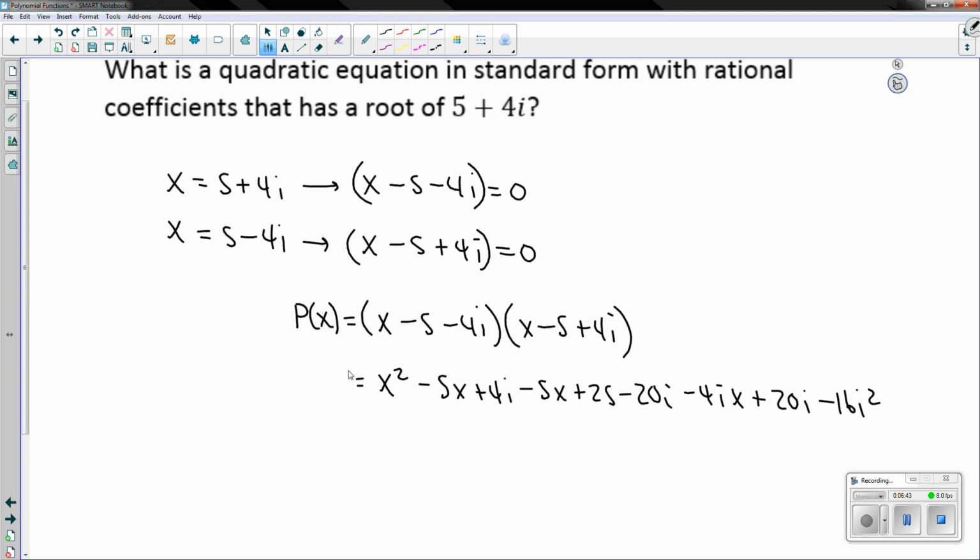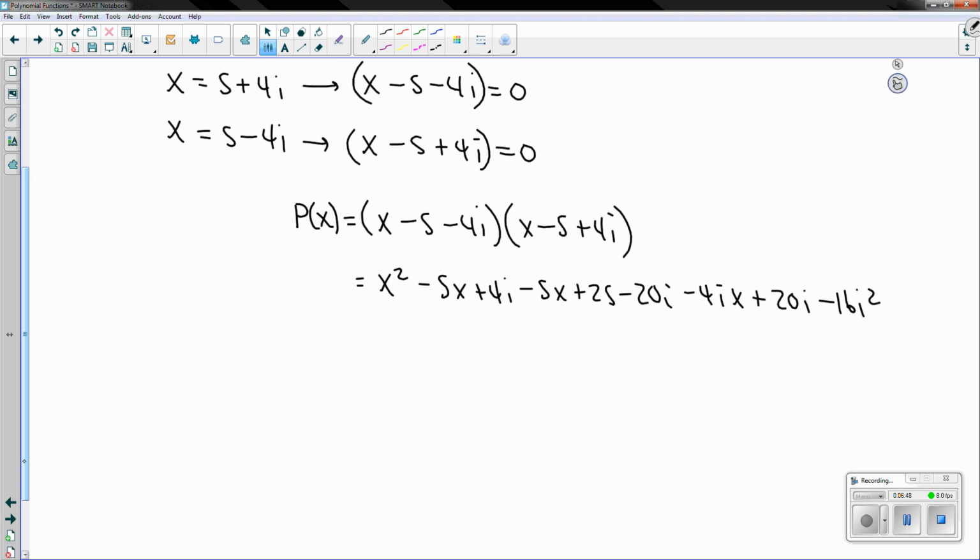Now we're told we were supposed to identify a quadratic with rational coefficients, and we'll see some imaginary terms in our polynomial here, but what we'll notice is they cancel out. And this should have been 4ix. So this 4ix and this negative 4ix cancel. This negative 20i and positive 20i cancel. We still have an i term at the end here, but we know i squared is negative 1, so this